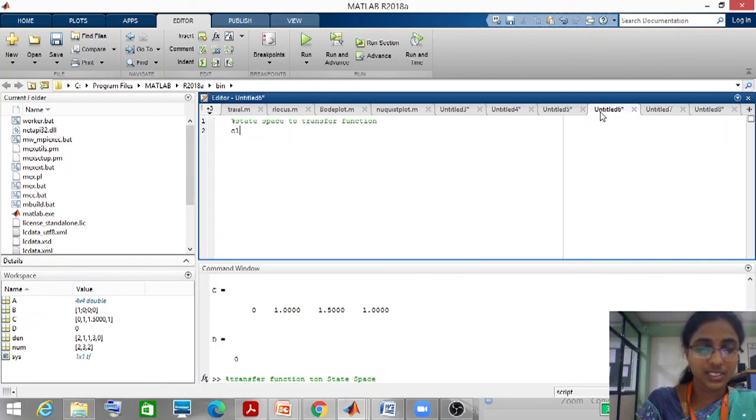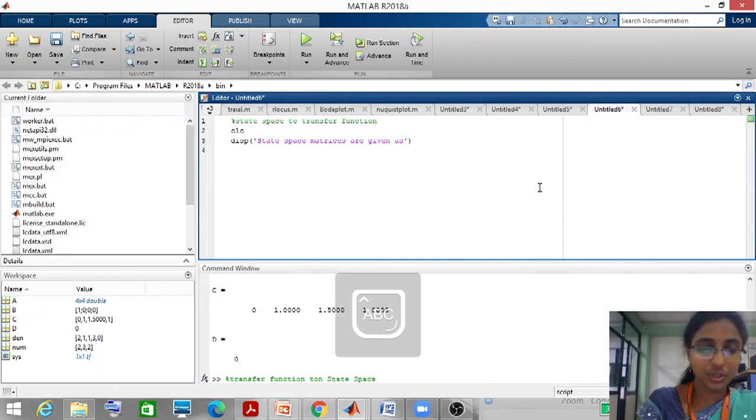Next CLC, display: state space matrices are given as follows.